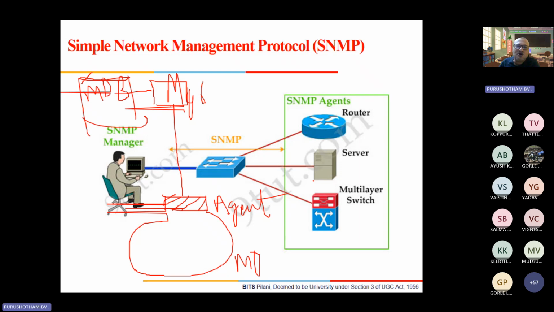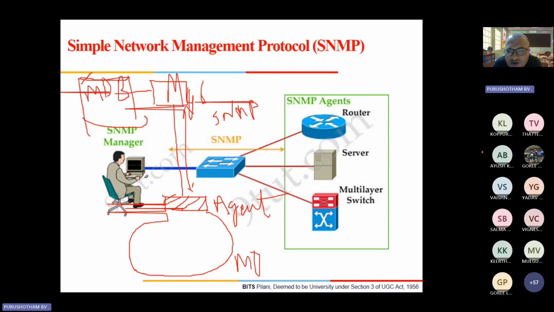Right. So now the way these two are communicating is through the protocol called SNMP. Of course, alternates are also there, but they were not as popular as SNMP because it's very robust. In the beginning itself, it was intended for the internet.